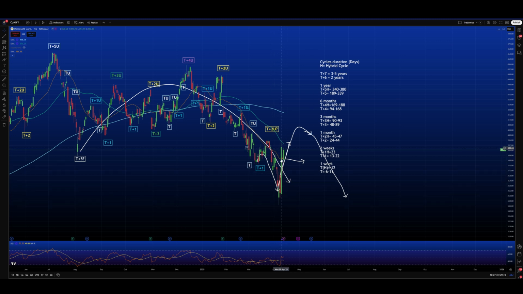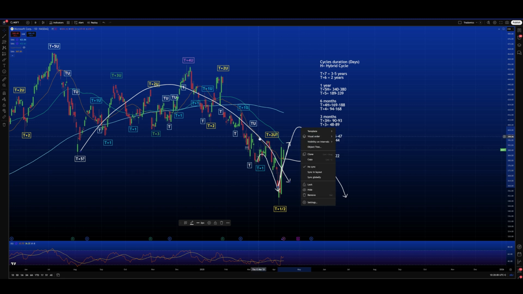Of course, we have had a nice bounce back to the upside. So for sure, from this low here, we might already be flagging the possibility that a T plus 1 or a T plus 2 is in development. We cannot say that this is already a T plus 2 or more because it has just happened and we haven't gone higher yet. Here, this would be already a sign that a T plus 3 eventually will be on the way.